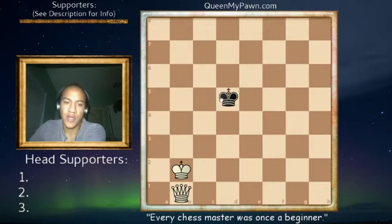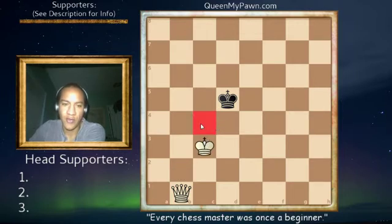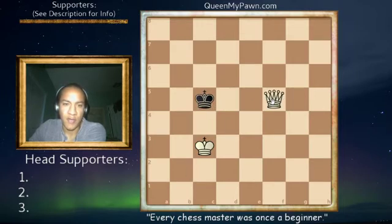So the king will try to prevent us from playing king d5, but then we'll just play king c3, getting the king closer. Now the king has only a few moves here. It can stay on king e5, or it can go to king c5, but king c5 is the easy case, because then we could just play queen to f5, like king c5, queen f5, the king has to go back,